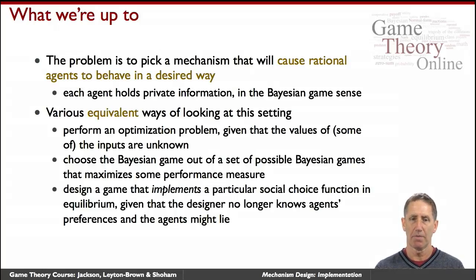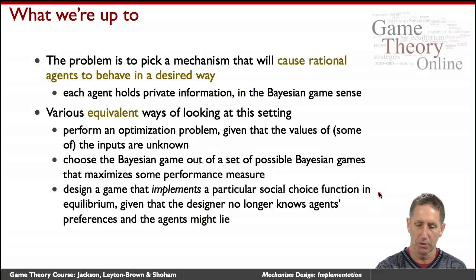And so you can view it in a number of ways. You can think of it as an optimization problem with only partial information about and control over the variables you're optimizing. You can think of the setting as a set of Bayesian games, and you're selecting a particular Bayesian game out of those sets. And really perhaps the most basic view of it